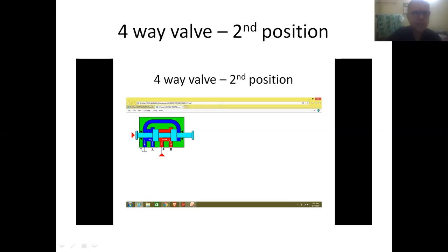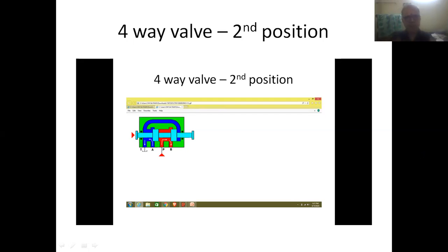Here the inlet is coming in contact with the second outlet port, and the first outlet is coming in contact with the exhaust port. So therefore this figure is used for representing the second position of the DC valve.